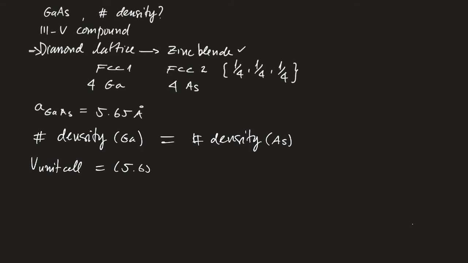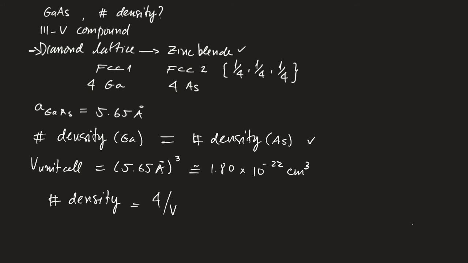It's simply 5.65 angstroms to the power of 3. If we convert it to centimeter cubed, it will be 1.80 times 10 to the power of minus 22 centimeter cubed. And then the number density, I'll call it simply number density because I'm referring to both atoms, gallium and arsenic, will be 4 over the volume of the unit cell, which is 1.80 times 10 to the power of minus 22. It will give us approximately 2.22 times 10 to the power of 22